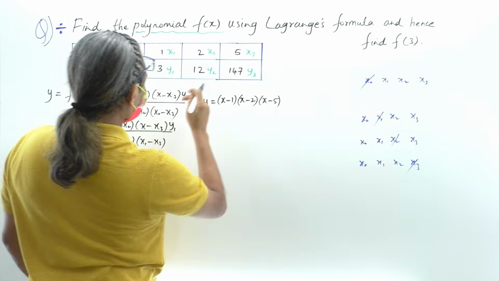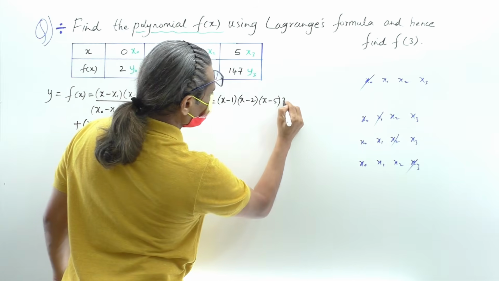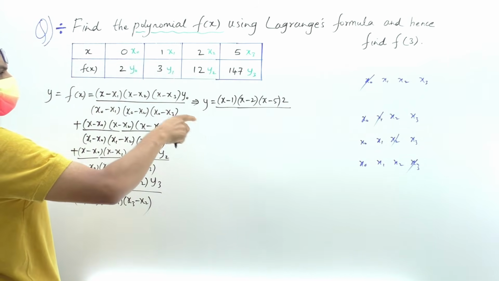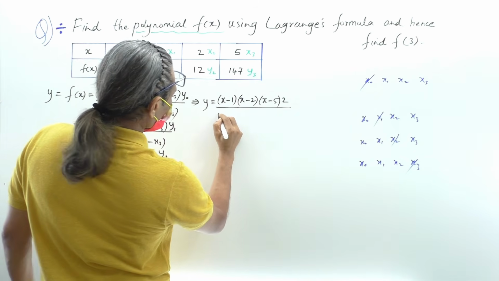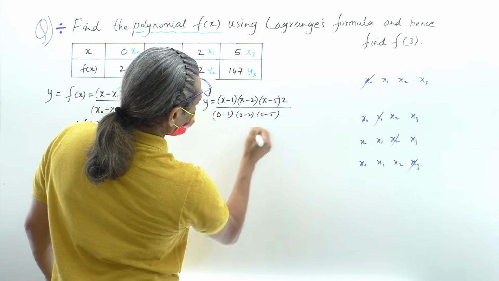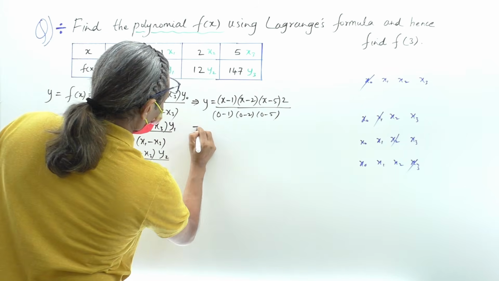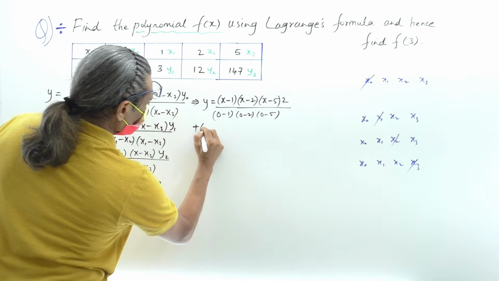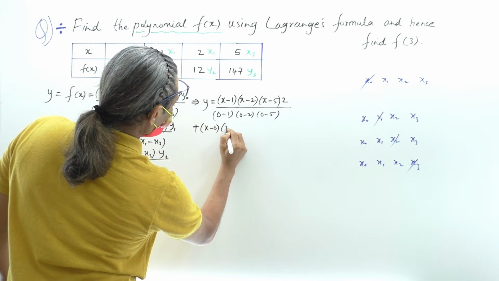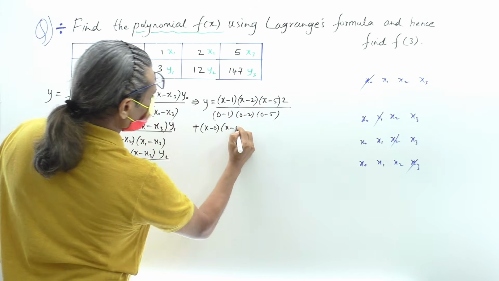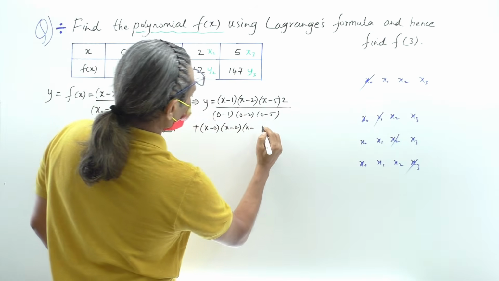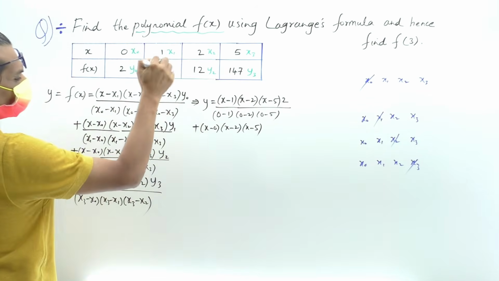Over x naught minus, so what is x naught? 0. So 0 minus 1 into 0 minus 2 into 0 plus 5. Okay, again plus, again x minus x naught, 0, into x minus x2, which is 2, into x minus x3, which is 5, into 3